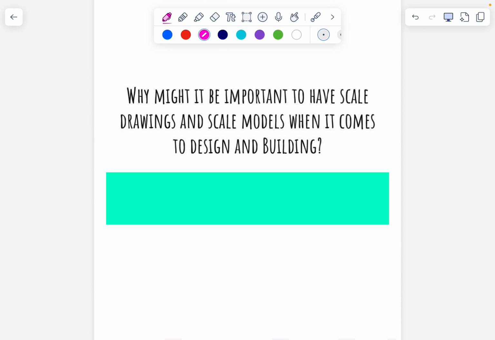Because you can't draw the actual size of a house. You can't make a house size drawing. So you have to scale it down to where it's still accurate, but you could draw it on the paper. Still accurate. That's important, right? The relationships between the components need to be accurate, even though, like he said, we want it on a different